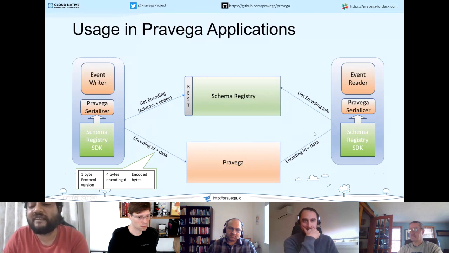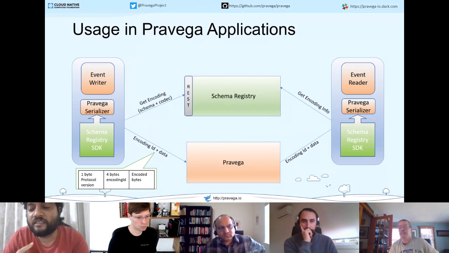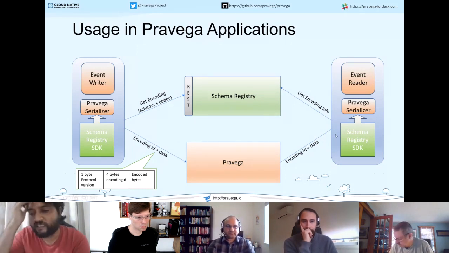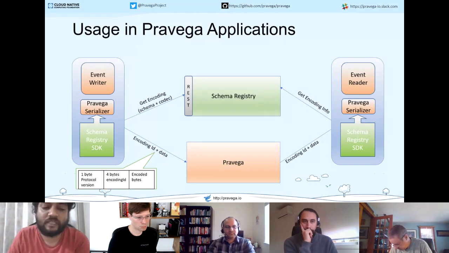And while reading, they cache the schemas that they've seen, so that every time they see an identifier they've already retrieved from the registry service, they don't have to make a network call to get the schema again. So they optimize it by caching the schemas that they've already retrieved and work with that.